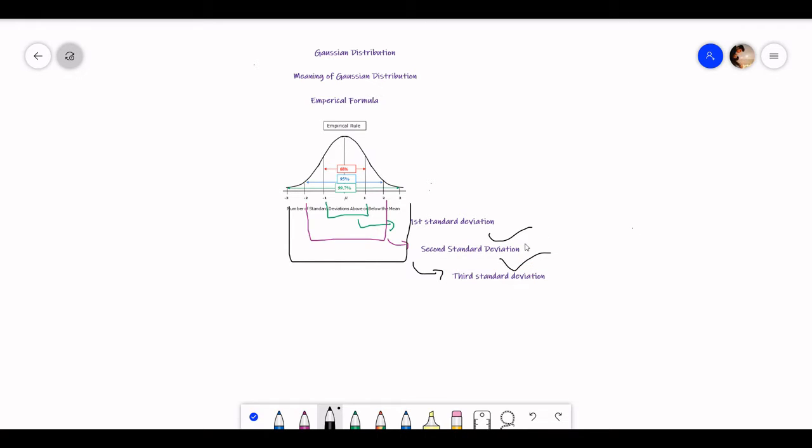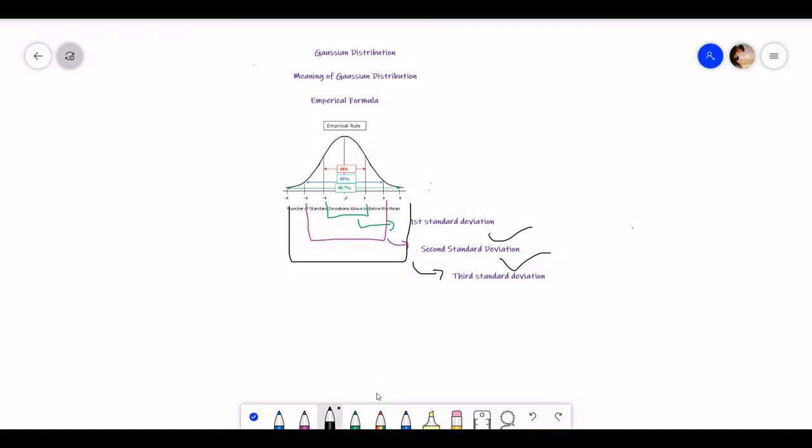So according to our first standard deviation, we will cover 68% of our data. And according to our second standard deviation, we will cover 95% of our data. And finally, in our third standard deviation, we assume that we covered 99.7% of our data. So if our data is following this type of properties and shows a normal distribution, it means that our data is normally distributed or it is a balanced dataset.